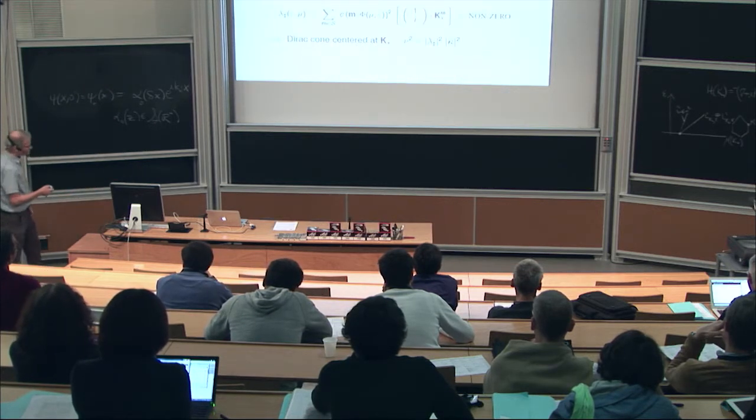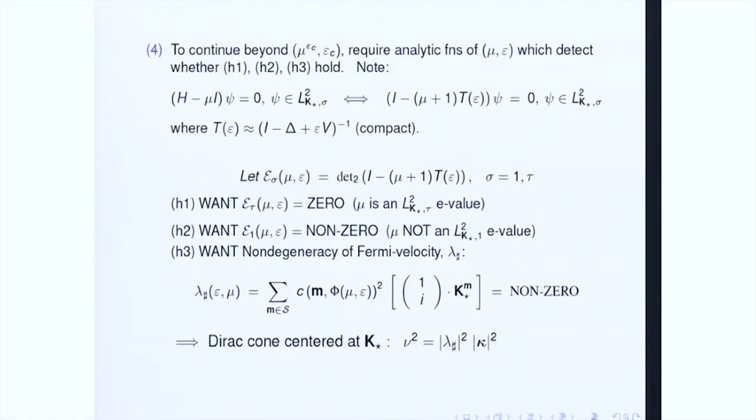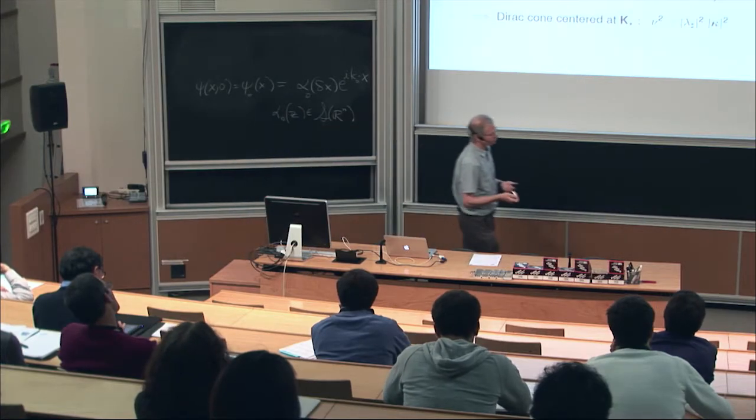So one needs a way, in order to do the continuation at an arbitrary epsilon, one needs some kind of an analytical characterization of these eigenvalues. And we proceed by writing down a Lippmann-Schwinger type equation. And so eigenvalues are going to be characterized by something like a characteristic polynomial, and the natural thing to do is to take the determinant of this operator. It turns out, though, that because one's in 2 dimensions, the operator determinant isn't defined because the operator isn't trace class. However, its square is trace class. So it's possible to introduce a renormalized or a regularized determinant.